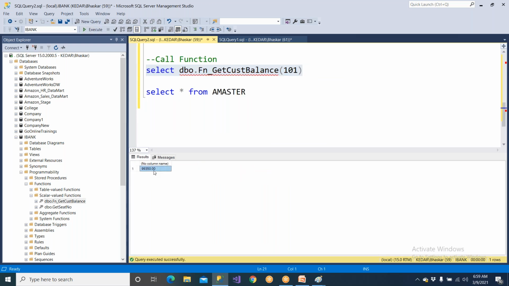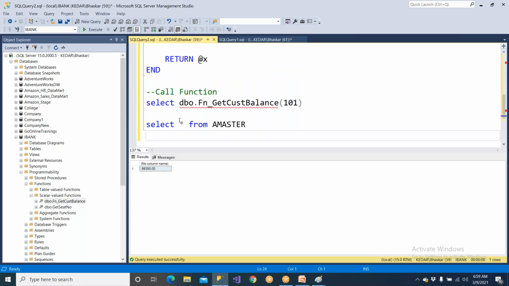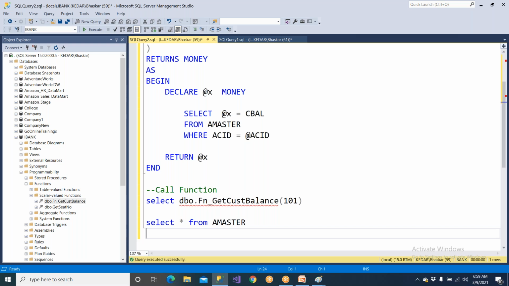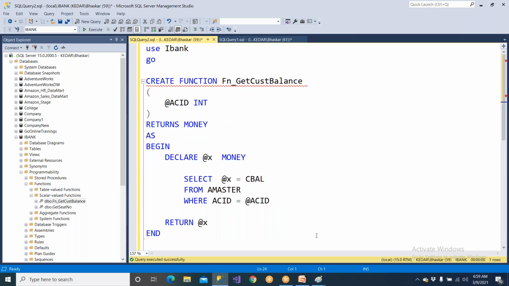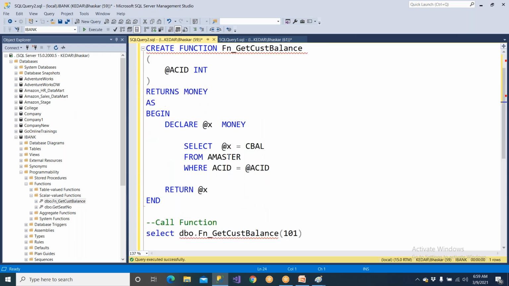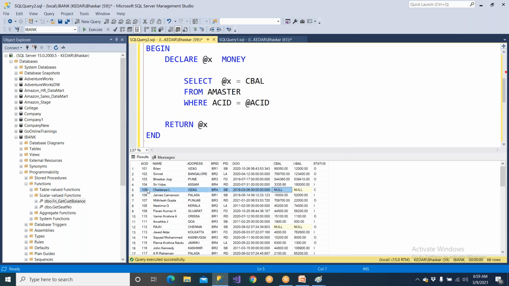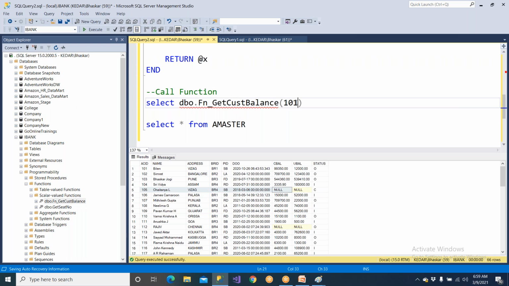Now it is giving you a value. Okay, the customer balance is this much. So whenever you get this data, you should be able to capture it, wherever you wanted to capture it, or if you wanted to print something, you should be able to print that. Clear? So it is printing the value, but let me give 105. If I supply 105,